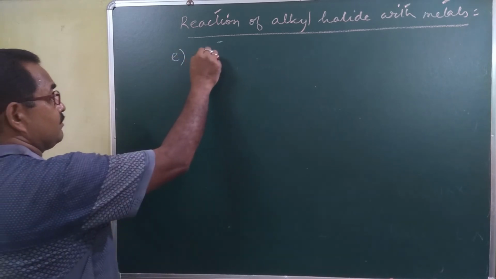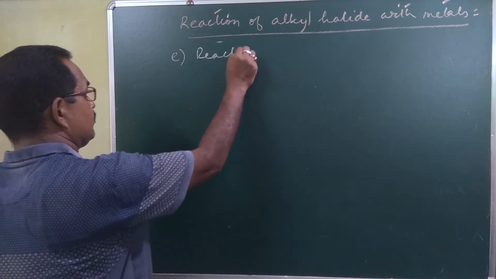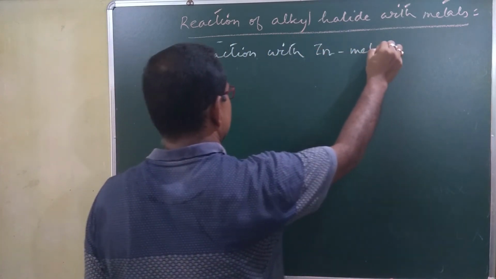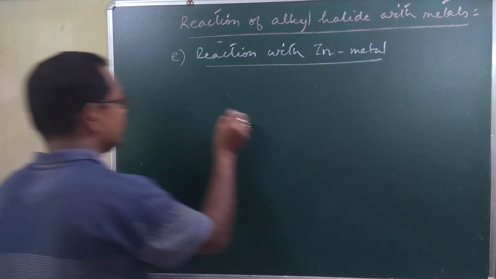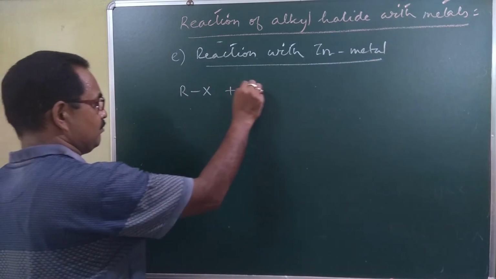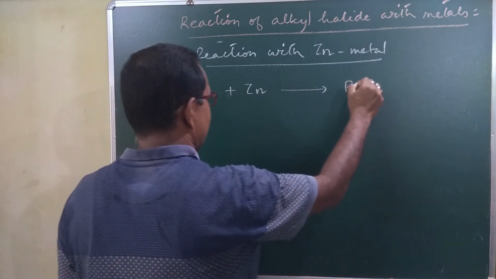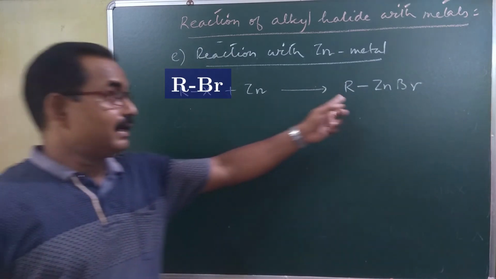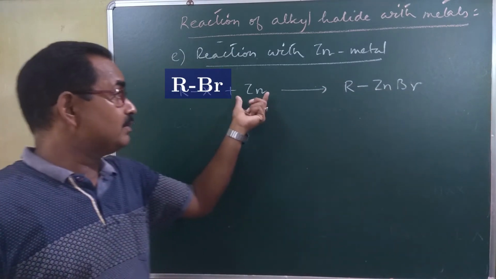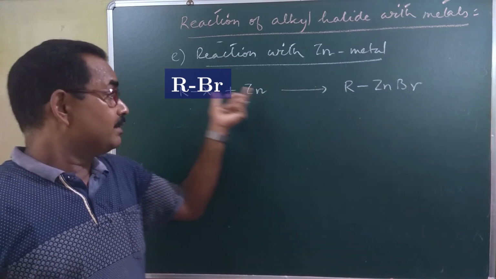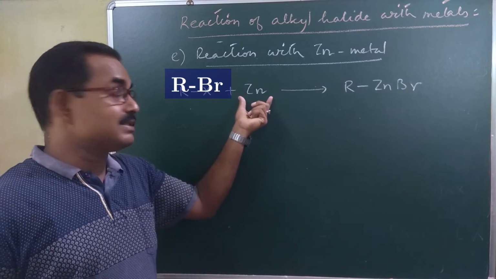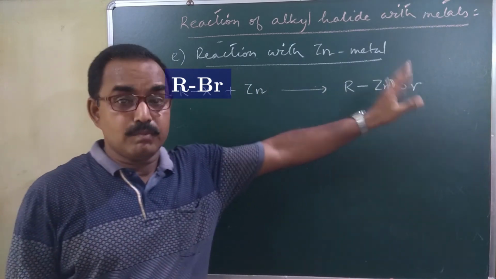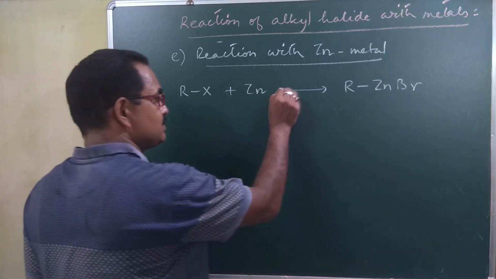Number E, reaction with zinc metal. Say alkyl halide plus zinc will have RZnBr, similar to RMgBr, like the magnesium reaction we have seen. So when alkyl halide is treated with zinc metal we get alkyl zinc bromide, RZnBr. You have to use inert